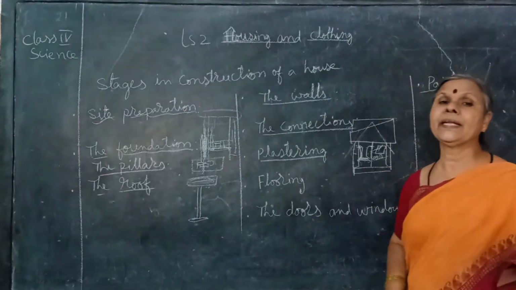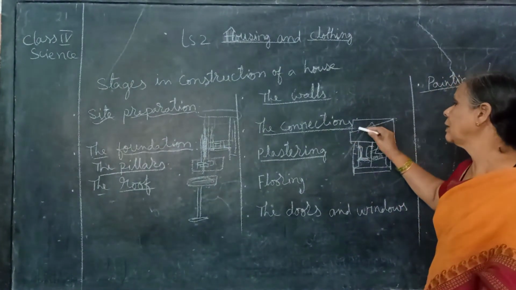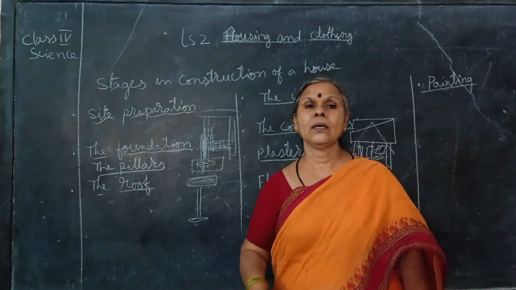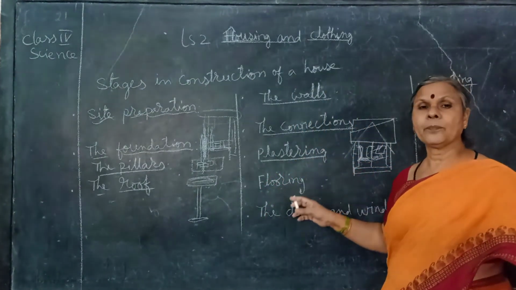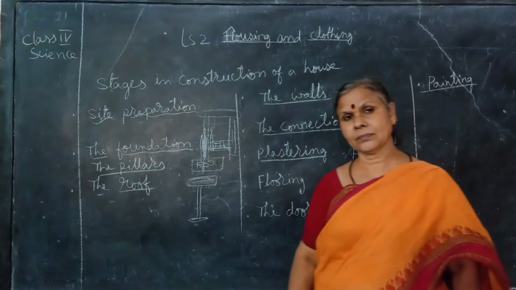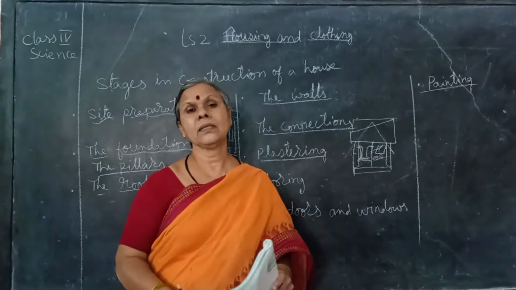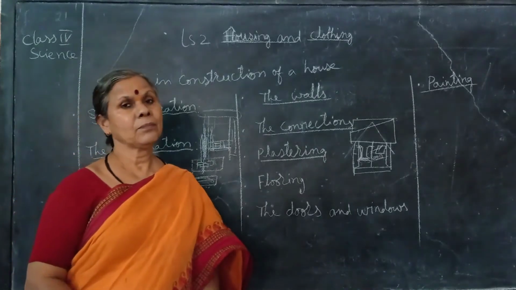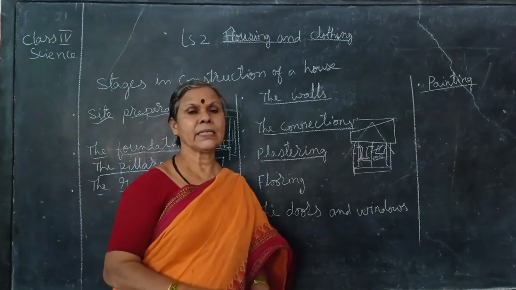So then painting. The painter will come and start painting the building with colors of our choice, whichever color we like, to give a good look. It is a finishing for a house. Then you can see how the building looks very beautiful. Balconies and all, as per our design, the architect will come and design the house.